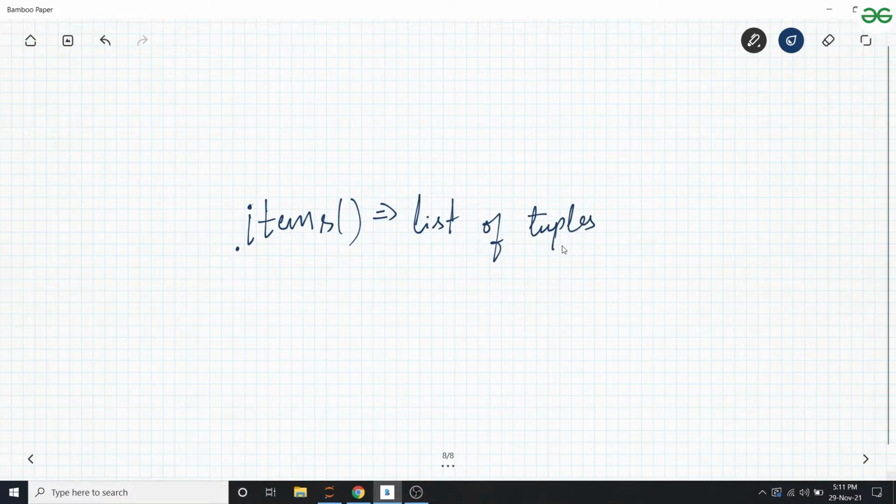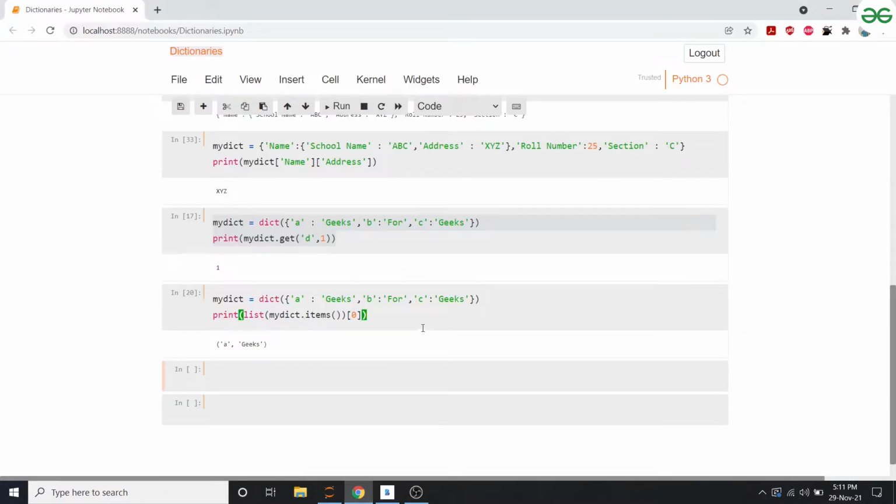And what is in those tuples? The tuples have the key value pair inside them. So I'd get a list of tuples and the tuples would have key value pairs. So for example, I have this dictionary and let's say I want to access the second element, that would be the first index.